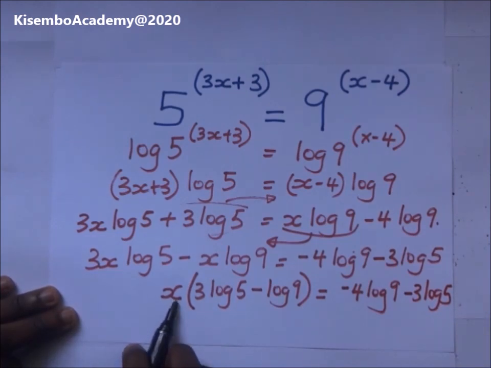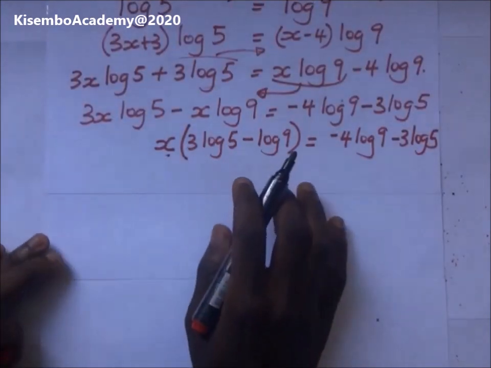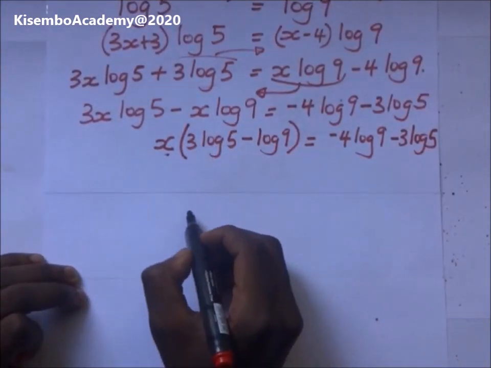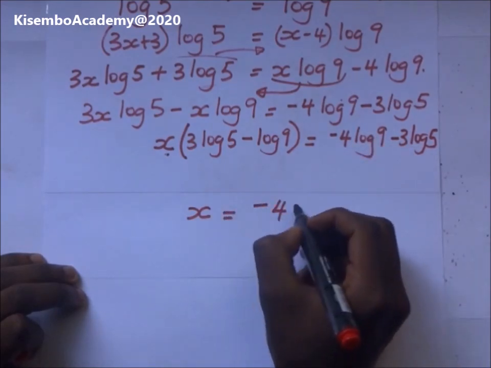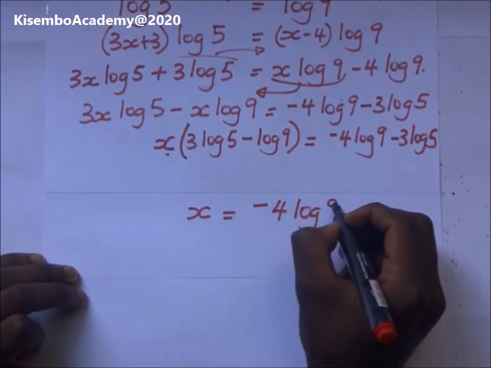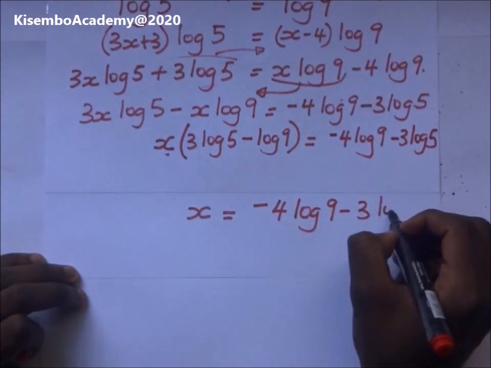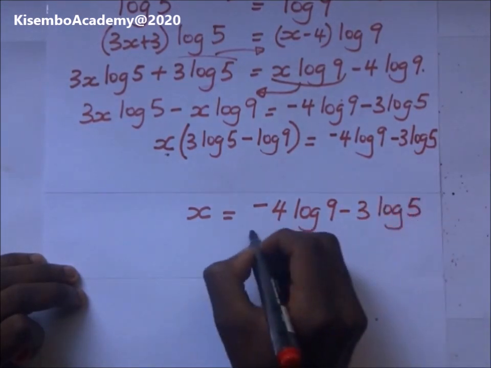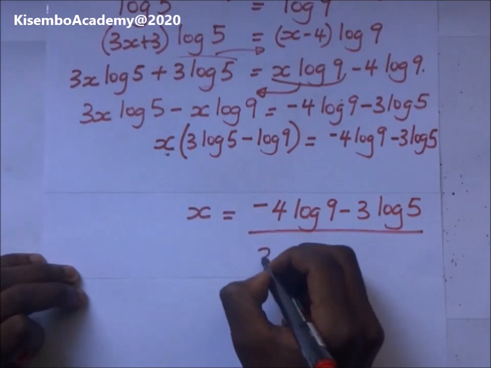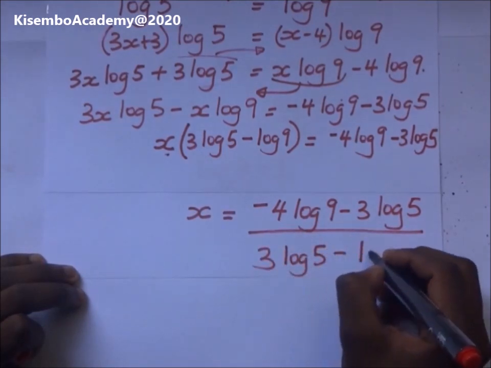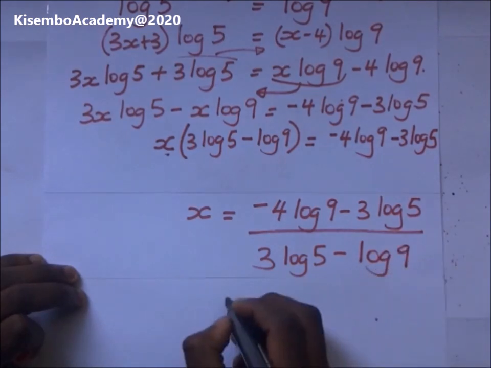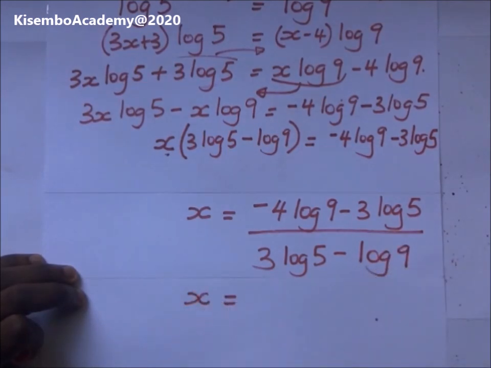So when we make x the subject of the formula here, we shall remain with x being equal to this, which is negative 4, the logarithm of 9 minus 3, the log of 5, divide all that by 3 log of 5 minus log of 9. And our value of x here will be